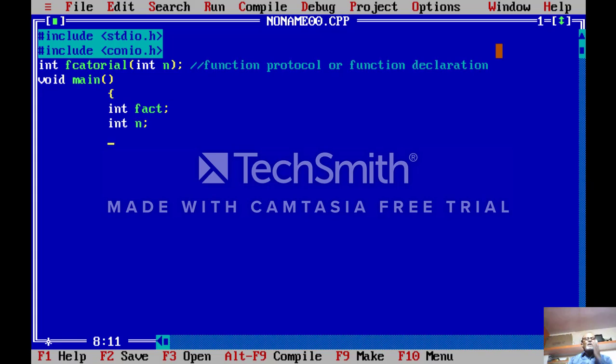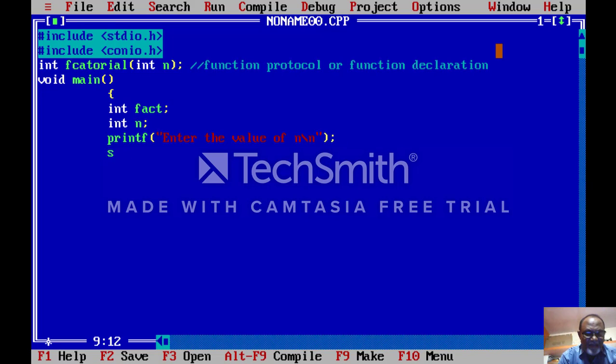Now n is a number and you want to calculate the factorial of that value of n. Now first enter the value of n, right here enter the value of n.